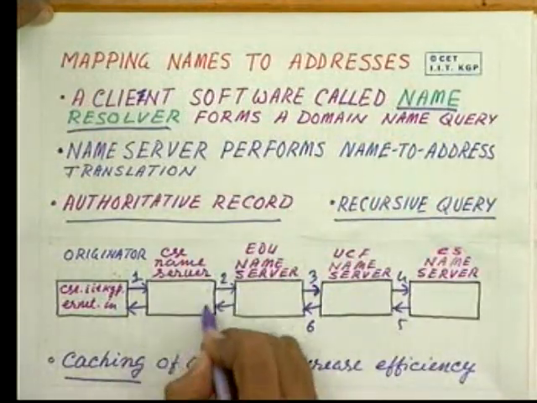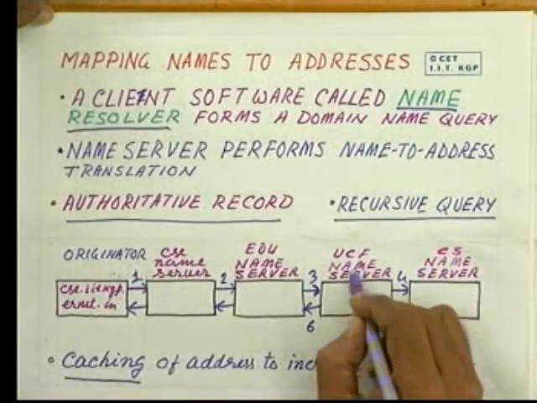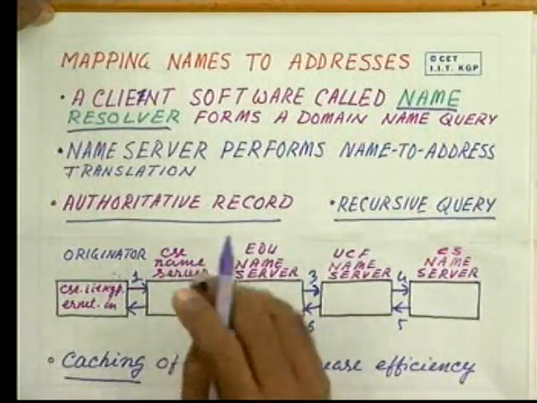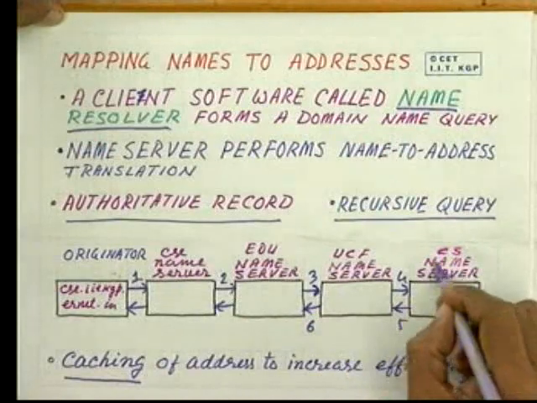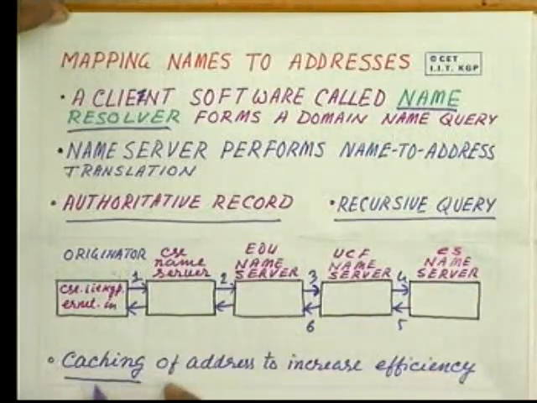That address mapping can be done by the CSE name server, but this is not an authoritative record, because authoritative records can be stored only in the proper servers, for example the CS name server, UCF name server, or edu name server. But here it is stored temporarily in the CSE name server, because the address can keep on changing, and if it changes, it will not be changed in the cache memory. That's why it is not permanent, and it is not an authoritative record, but it serves the purpose in the recent time. So this is how the mapping of name to address is done in the domain name